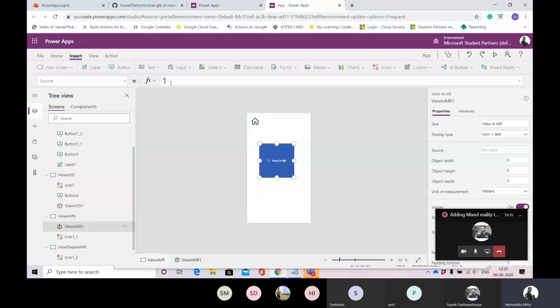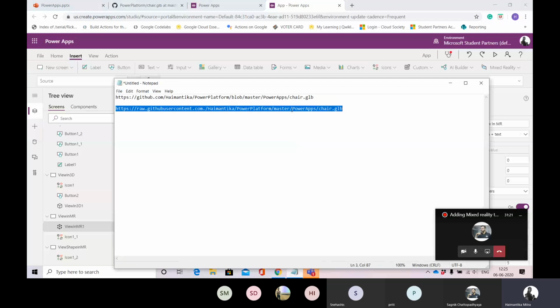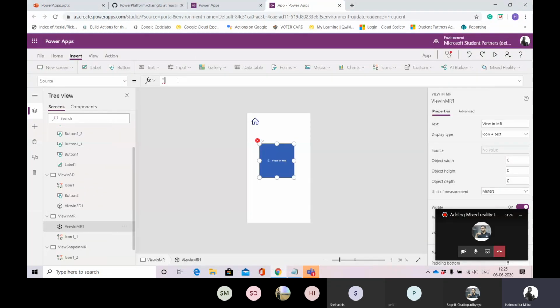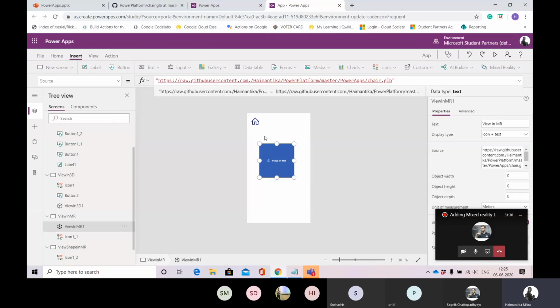I'll simply use the link which has my 3D picture in GitHub. So I'll click on it and wait, so that whenever I click on this view in MR, it allows me to put my chair in my house. I'll show you the demo. So you can see how this actually works.